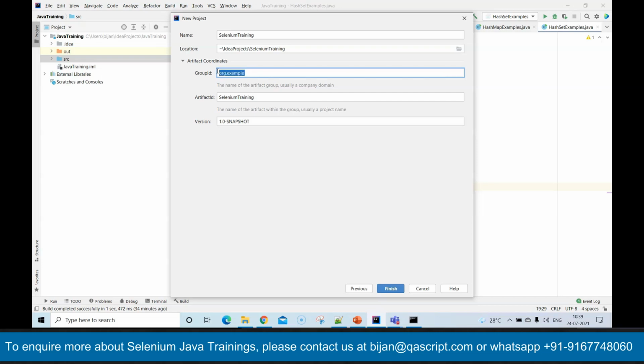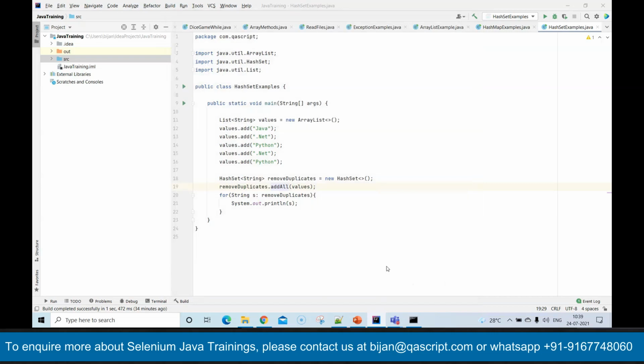Say if I use com.qscript, this is my company domain name. Similarly, your company will have its own domain name. Or you can use just org.example or anything which is present by default. So this is how it is structured: group ID, artifact ID, and version. These are the three things through which a Maven project is defined. They are also known as artifact coordinates, and that is how it searches in the repository. Once you define these three things, you can click on finish,